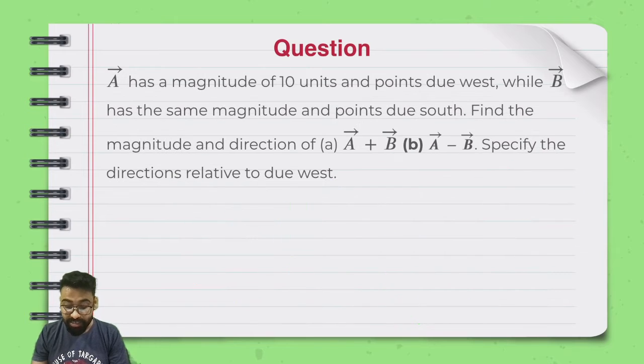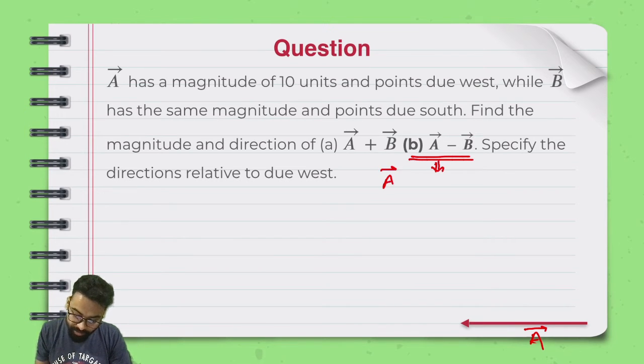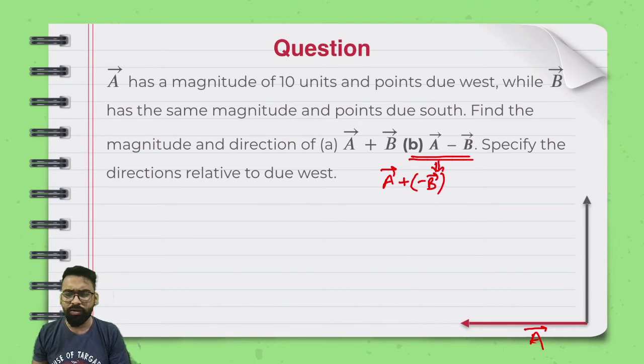The next part becomes easier now, because if we want to answer A minus B, what will I do? I will simply say let's draw A as it is. It's been drawn towards the west. This is our vector A. And with respect to vector minus B, because I can say this is actually A vector plus minus B vector. So the next thing that I say is I draw this B vector towards north. No, minus B vector towards north. If B was towards south, minus B becomes upwards, that is towards north.